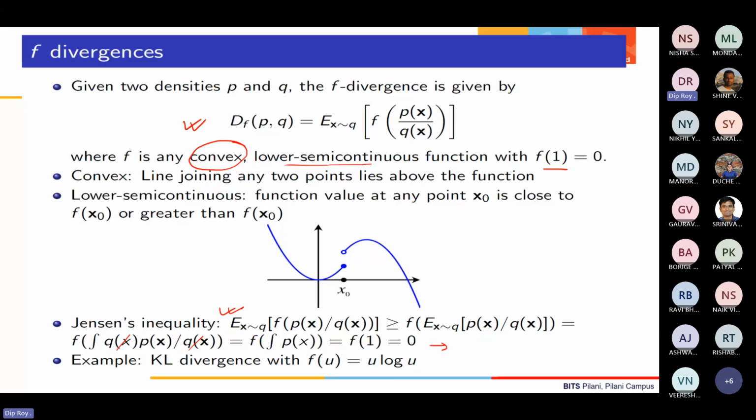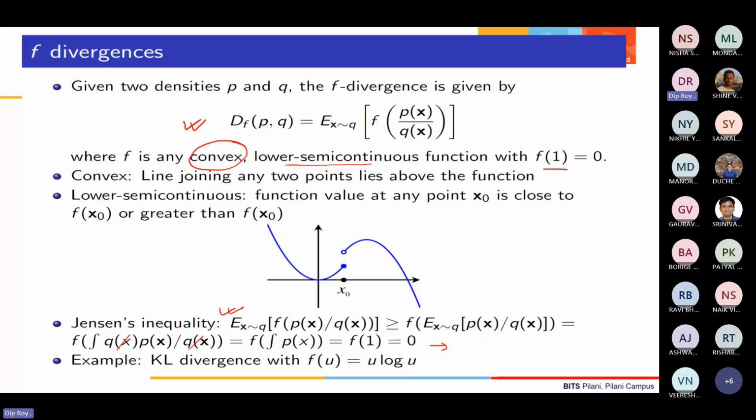Now you see one thing. Similar to what you saw in KL divergence and Jensen-Shannon divergence, we see that even the f-divergence, which is the umbrella divergence, has this nice property where it is non-negative, that is always greater than or equal to 0. And when both distributions are equal, it is equal to 0.